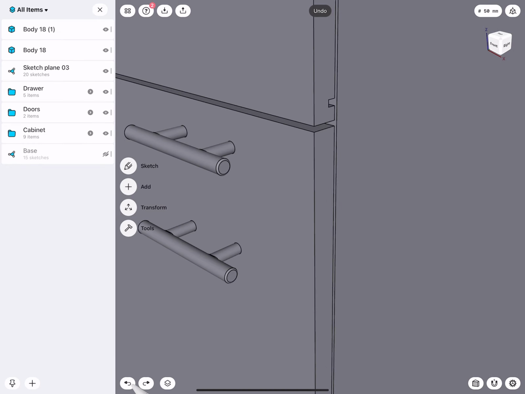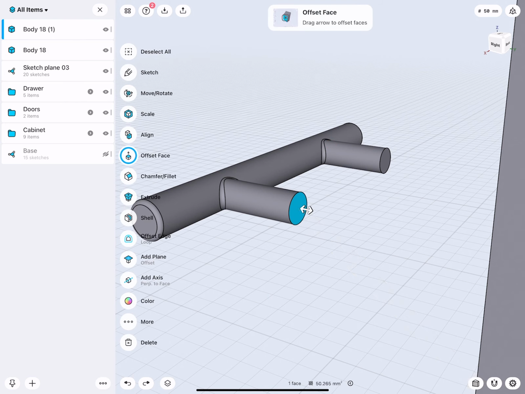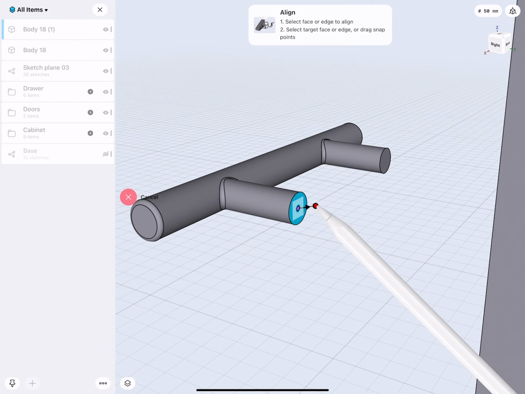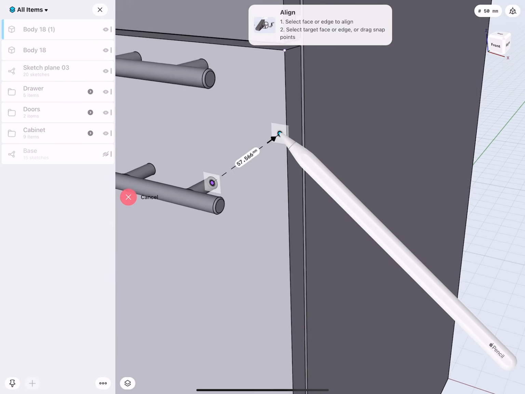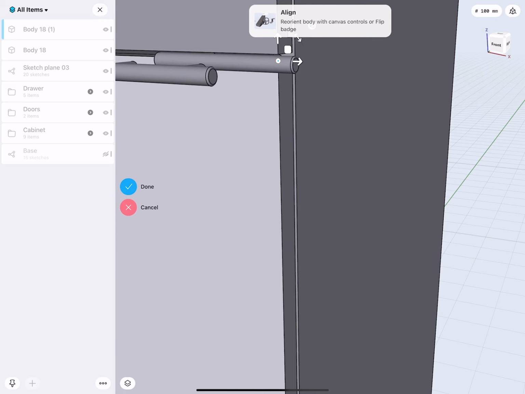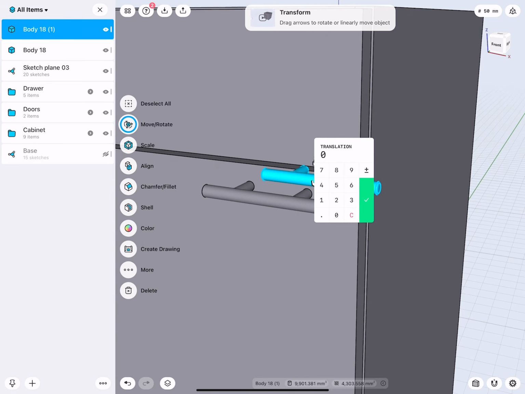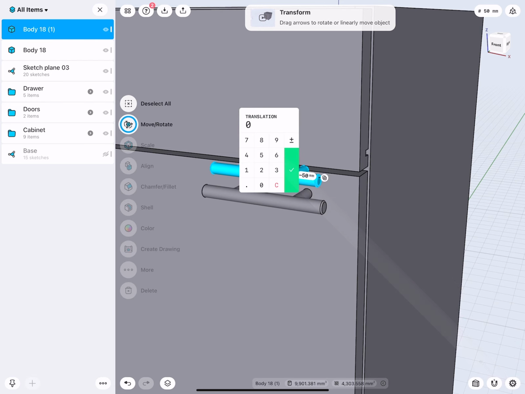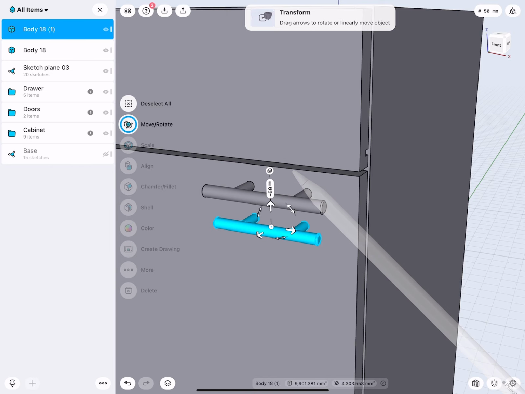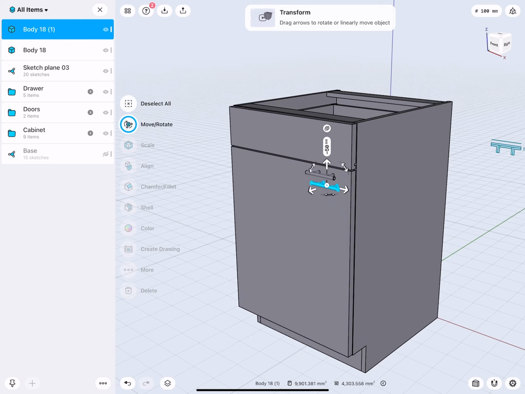Done. Cool. Do this one more time. Select the face. Align, click and drag, 2 fingers zoom out, 1 finger rotate, there, good. Now I could go and say, good, 50 millimeters to the left and 50 millimeters down. Very nice. Okay.